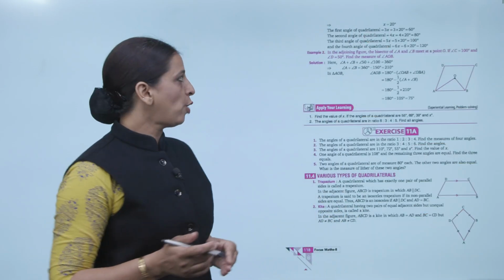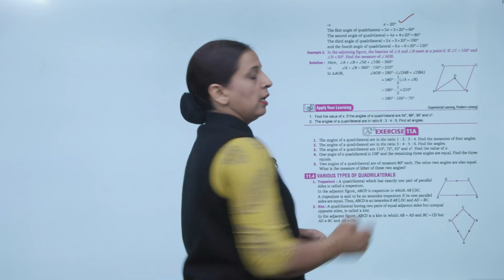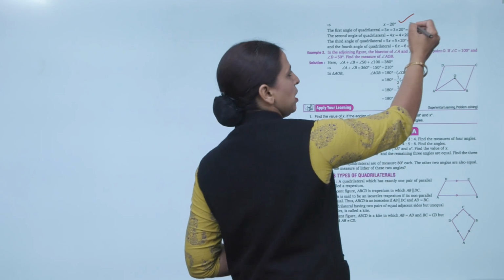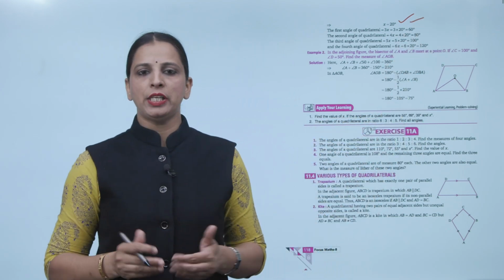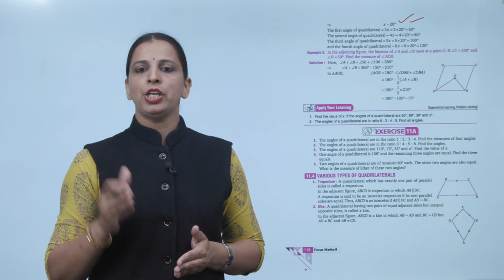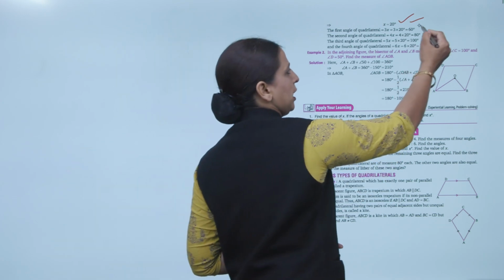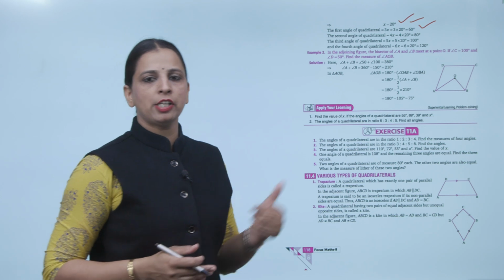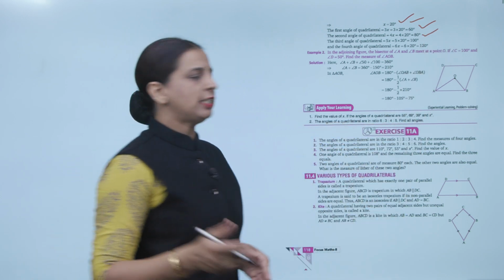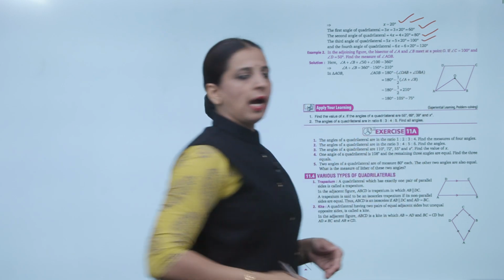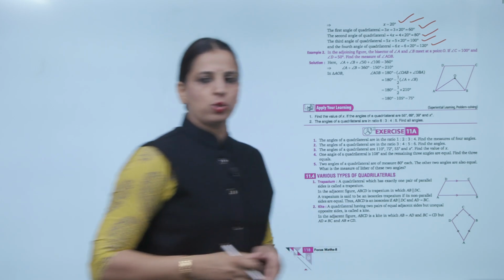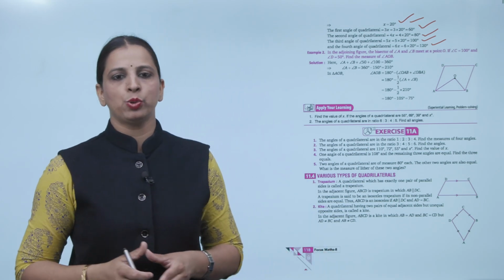Now x की वैल्यू फाइंड आउट करेंगे. हम क्या करेंगे, 360 अपॉन 18, 18 टू जा 36, 20 डिग्री. x की वैल्यू कितनी आई, 20 डिग्री. So the first angle of quadrilateral is equals to 3x, 3 into 20 is equals to 60 degree. The second angle of the quadrilateral 4x, 4 into 20 is equals to 80 degree. The third angle of quadrilateral is 5x, 5 into 20 is equals to 100 degree. And the fourth angle of quadrilateral is 6x, 6 into 20 is equals to 120 degree. Now example 2.